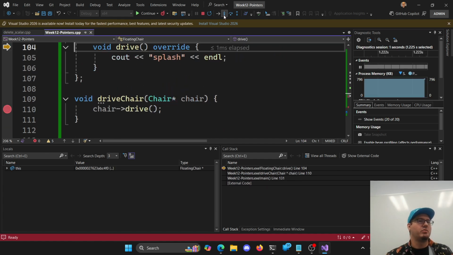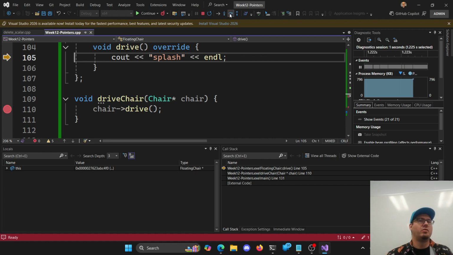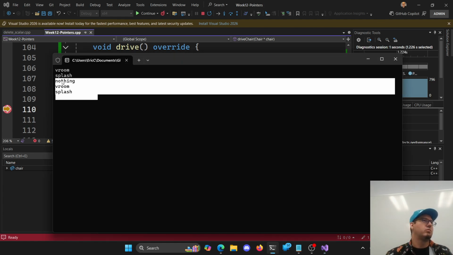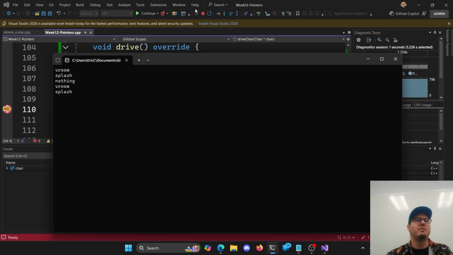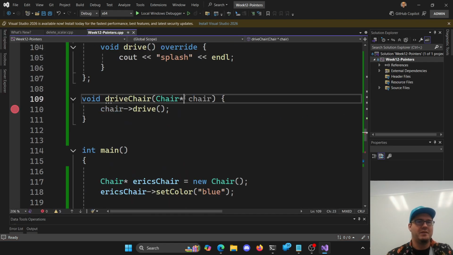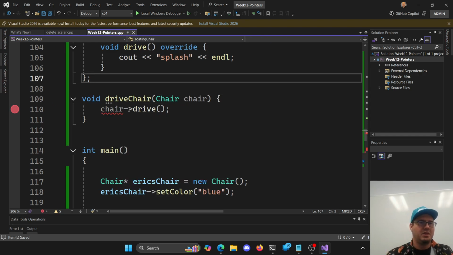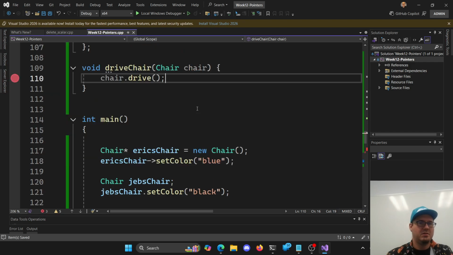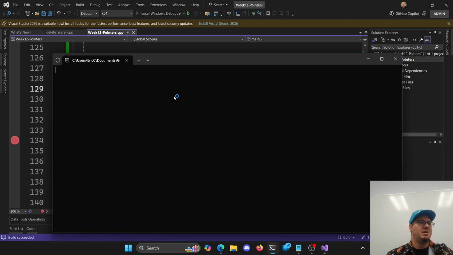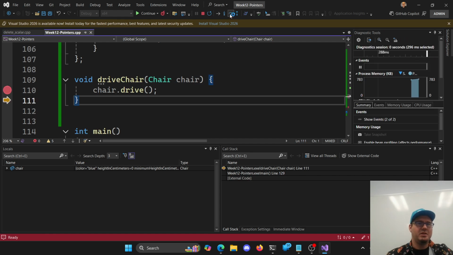So in the floating chair, we go drive it, and it says splash. Hey, I found an overridden version here. So we get some cool keywords that let my program, while it's running, figure out what actual kind of class this is here and do the right version of it. Okay. Without pointers, it doesn't work. So if I just say, hey, I want to drive regular chairs here, so this is chair dot drive, and then I can dereference my pointers, right? So dereferencing a pointer says give you the memory address of where it is. Right? So now when I run using my objects here, let's drive, drive, drive,